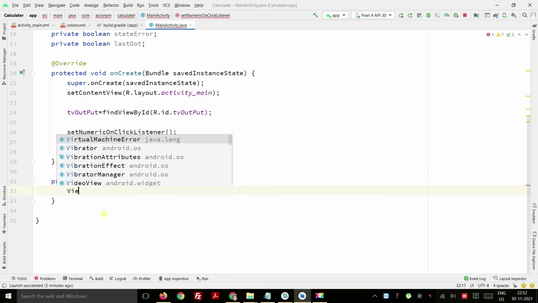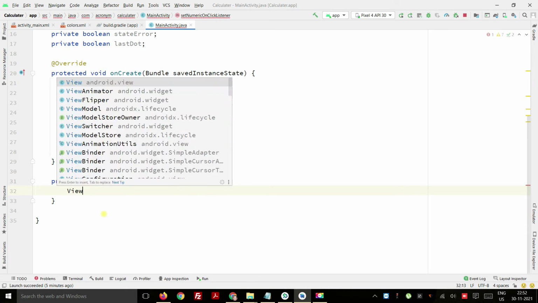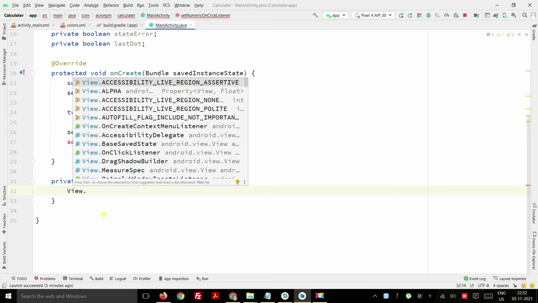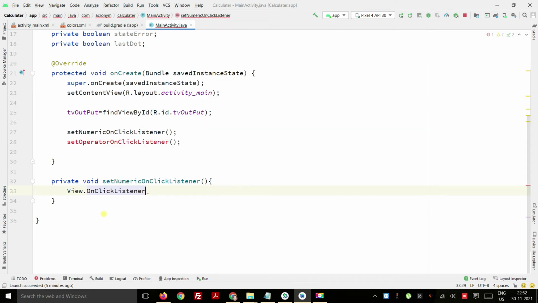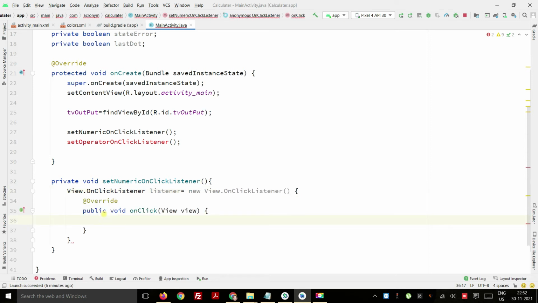So View.OnClickListener listener equals new View.OnClickListener. So once we have this button available here, we simply close it here.